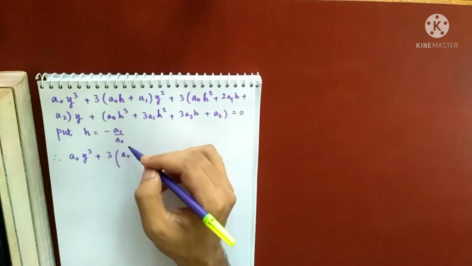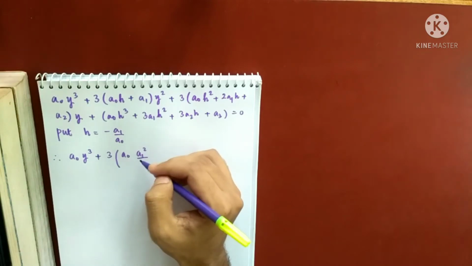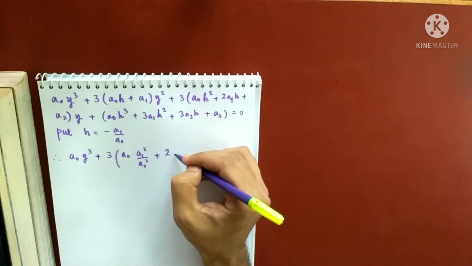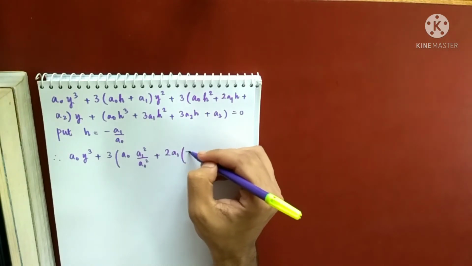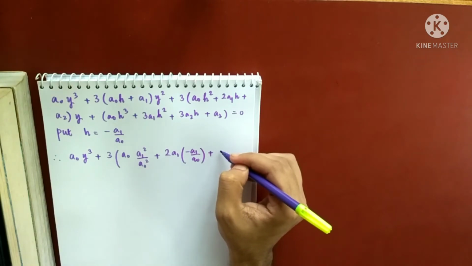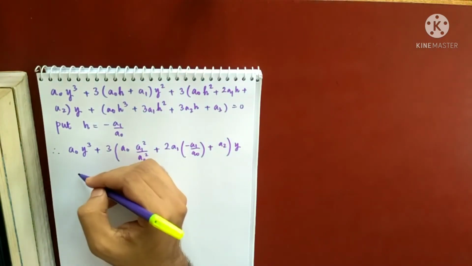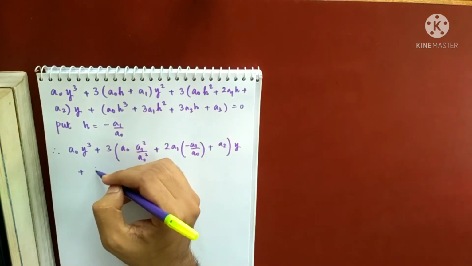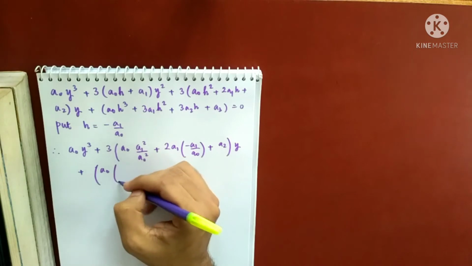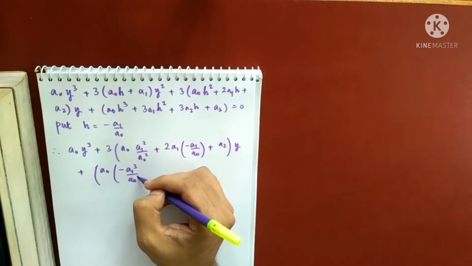H square means a1 square by a naught square, plus 2a1h, h is minus a1 by a naught, plus a2 times y, and the constant term, a naught h cube, so minus a1 cube by a naught cube,